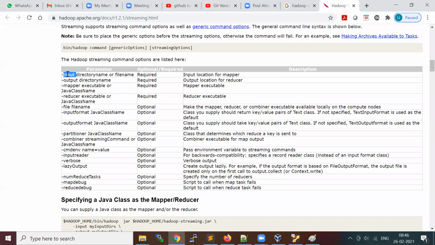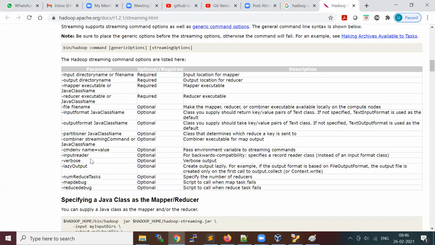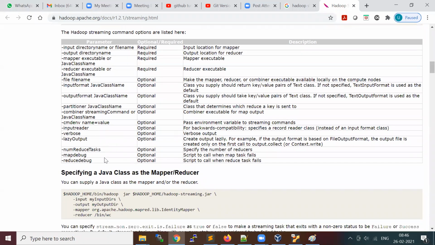And then you have to provide the input directory, which is the HDFS directory, and the output directory, also an HDFS directory. And the number of reduce tasks you can provide; if not, it will take one. There are other properties as well. So these are the very important properties with which you supply the instructions to Hadoop Streaming.